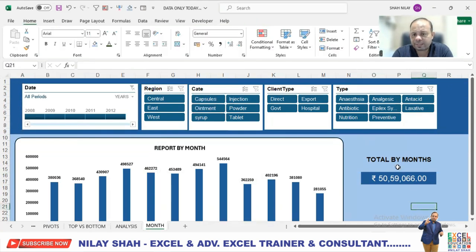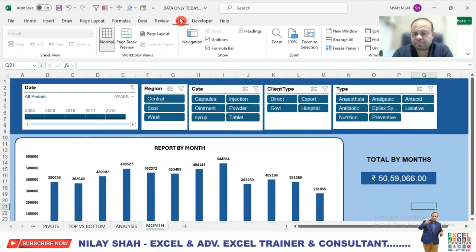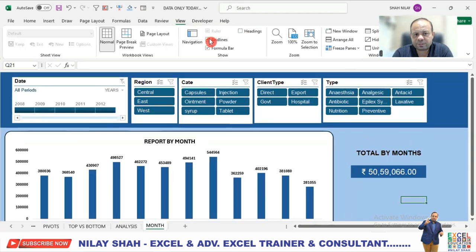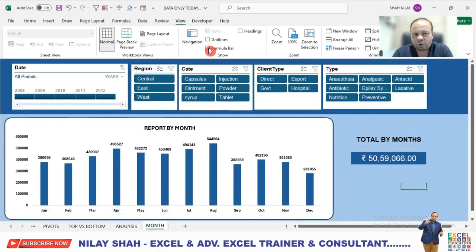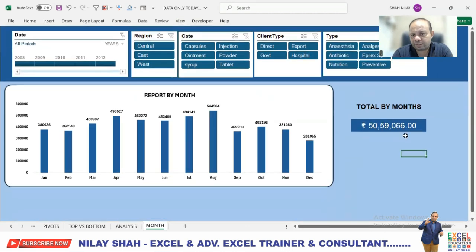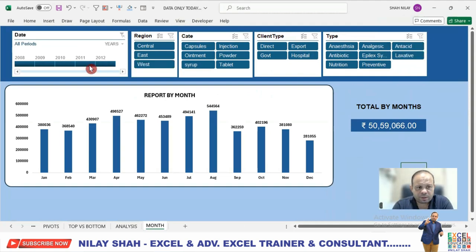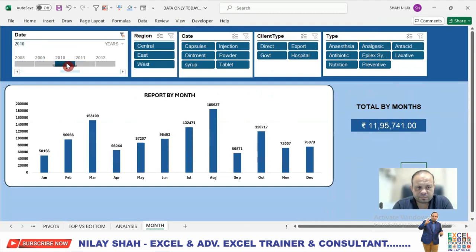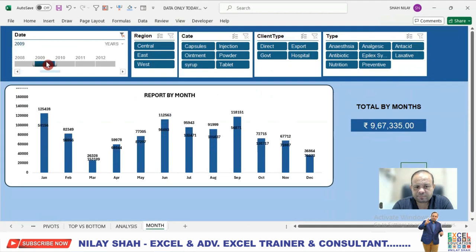ओके, यानी अब यदि आप यहाँ पे ऑब्जर्व करें, मेरा सब कुछ रेडी हो चुका है. लेट मी क्लिक ऑन व्यू ऑफ द हेडिंग्स, ऑफ द ग्रिड लाइंस, ऑफ द फॉर्मूला बार, डबल क्लिक हियर. एंड अब यदि आप यहाँ पे ऑब्जर्व करेंगे, द थिंग्स बिकम मोर इजी फॉर यू. क्लिक ऑन 2010, 2009, you can see your value change. 2011,